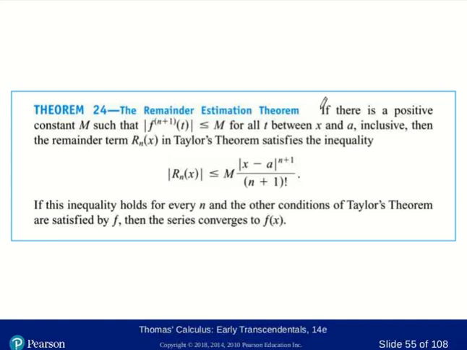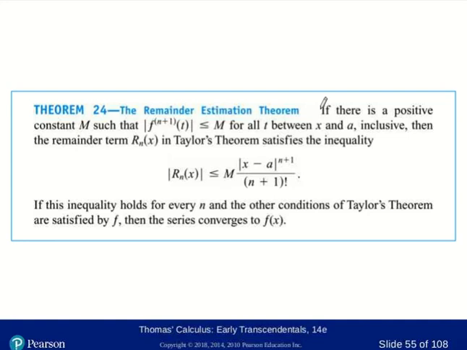If we have that upper bound M, then we know that the remainder for our Taylor formula, the nth remainder, can't be any bigger than that bound on the next derivative times the x minus a to the n plus first, right? That's just the x term that goes with our n plus first term in our Taylor polynomial, and then that's over n plus 1 factorial, that's again just from our Taylor polynomial.